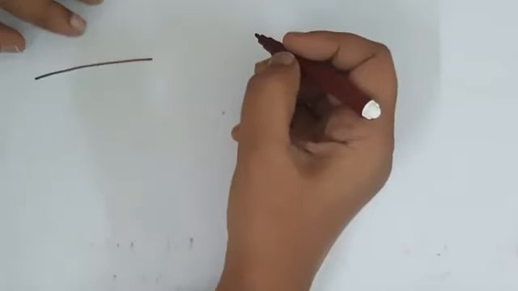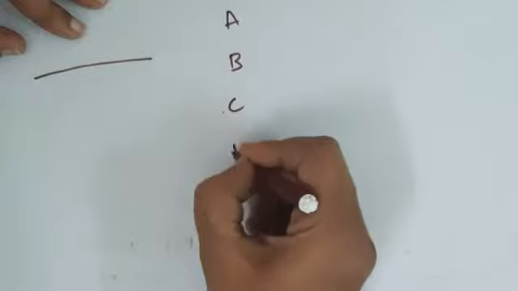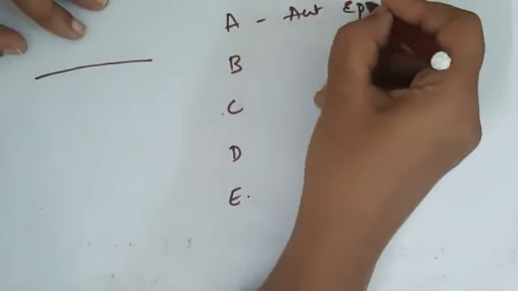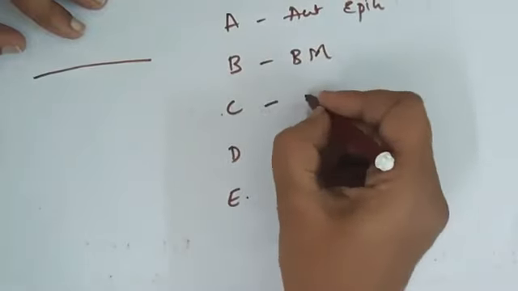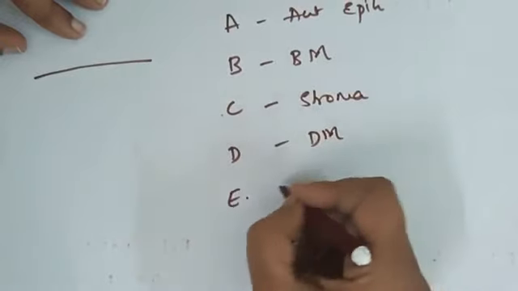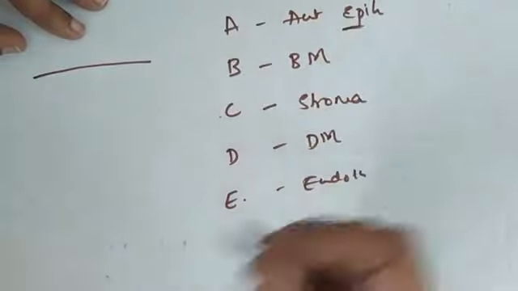So we have 5 layers in the cornea, and you know the mnemonic, I think, A, B, C, D, E. So the anterior epithelium is the first layer. The next is Bowman's membrane. Third is C for stroma, D for Descemet's membrane, E for endothelium. So the anterior most is epithelium. Don't get confused with this E.